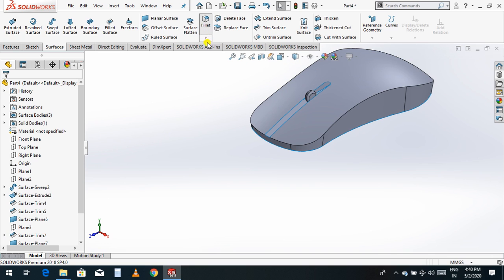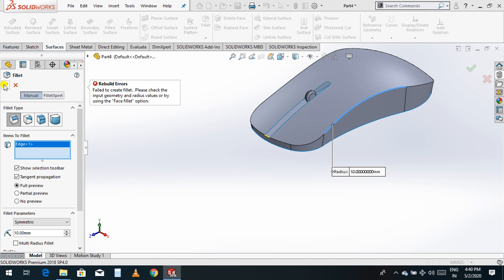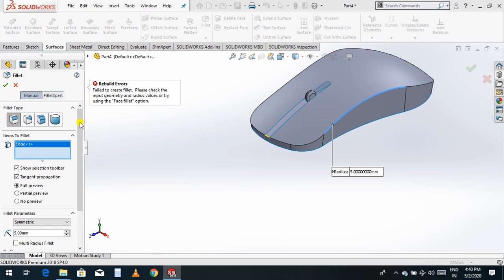Now you use the fillet surface and you take 10 mm. Select OK. I think it's too high a fillet value.